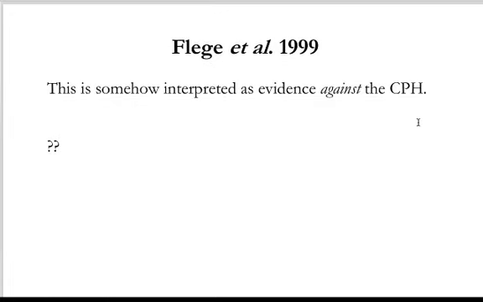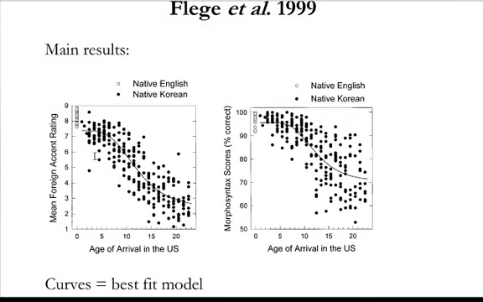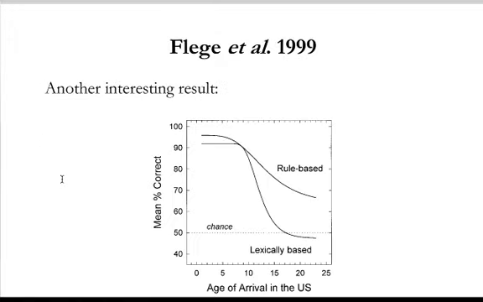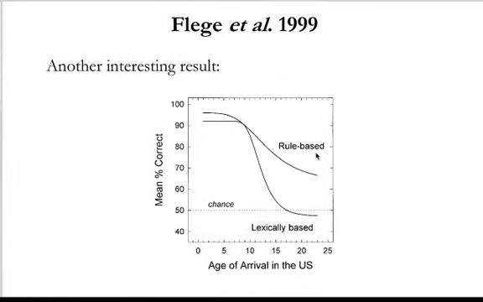As far as I can understand, this is because their claim is that where these discontinuities take hold, or where the bottoming out happens here, is around 15 or 16 years old. And that's after puberty, and therefore that's inconsistent with the critical period, which I think is just nonsensical. I don't think that argument makes any sense. Anyhow, that's what they conclude from this, and I'm not sure why. These results are still interesting, even if I don't agree with their interpretation of the results.